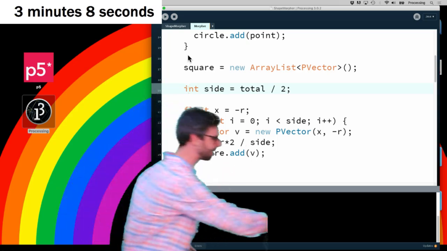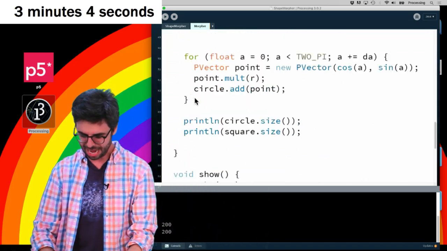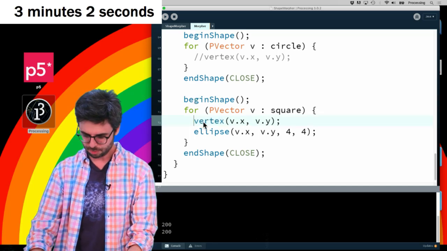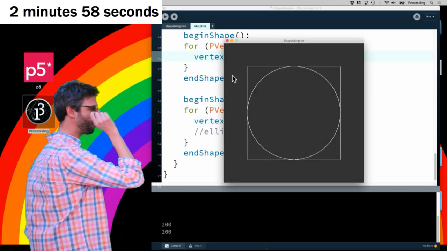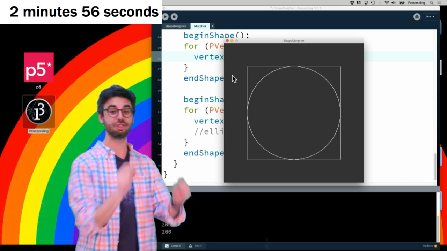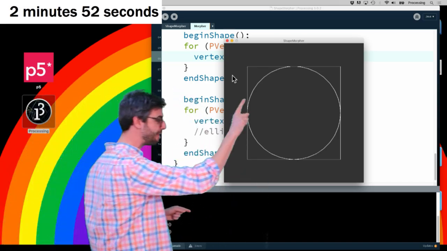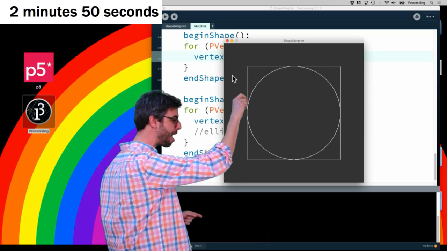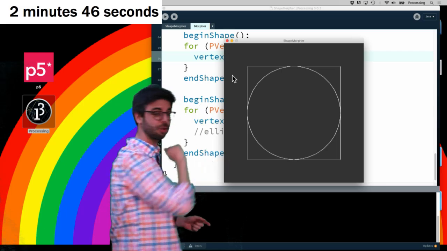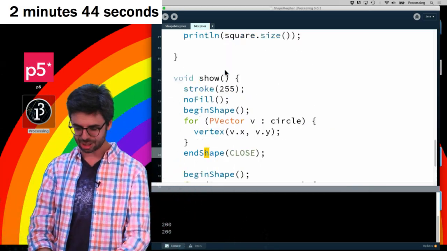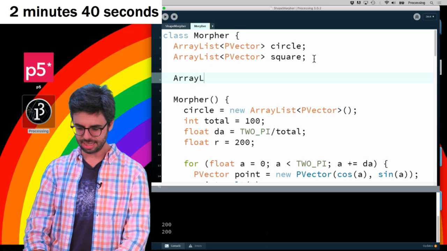I got like 3 minutes left. Is the timer? OK, so what do I have right now? I need to go back and put back the vertices. And I have both a circle and a square being drawn just as a whole bunch of vertices. So now what I want to do is use the lerp function to have corresponding vertices from the square lerp to the circle, corresponding vertices from the circle lerp to the square. So let's do that. So what I actually need here is, and I apologize for all this code, I need,